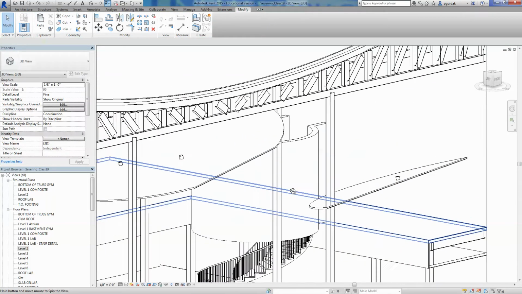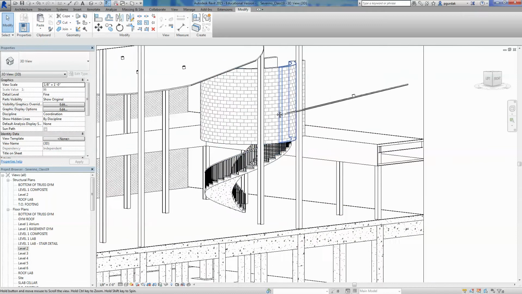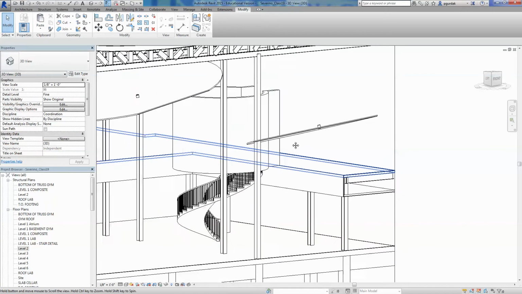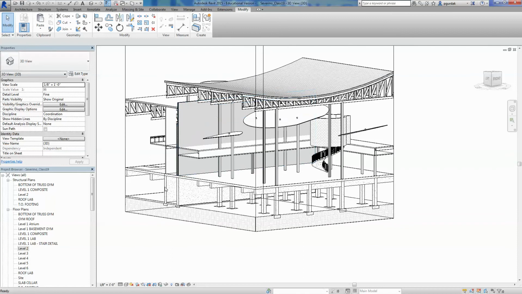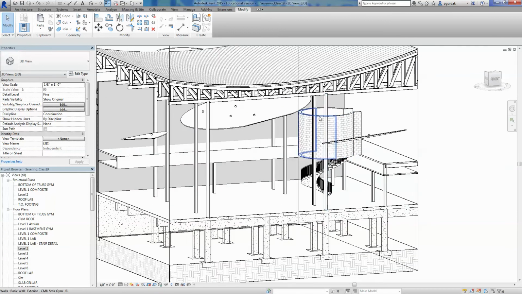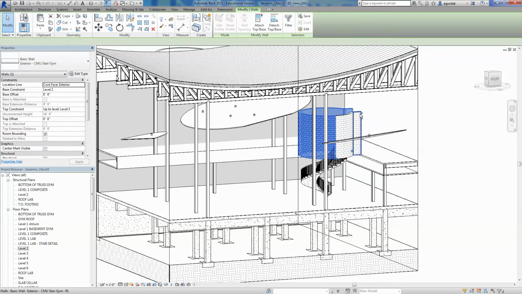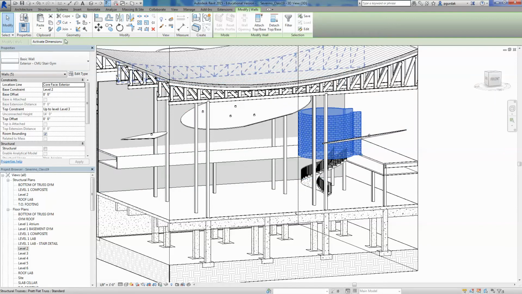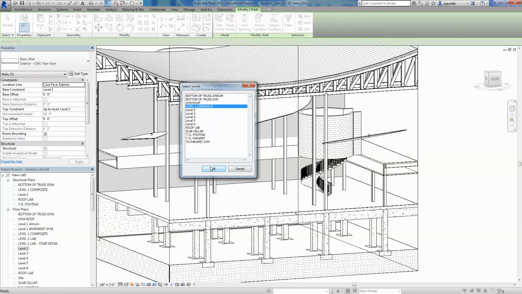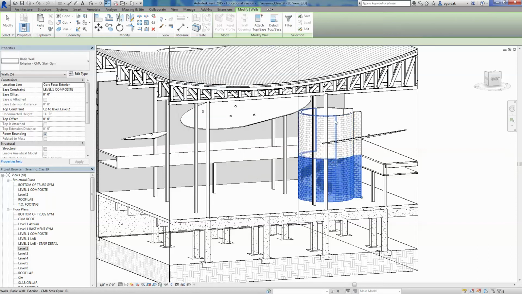Okay, so I copied the walls from the level 2, not the level 1, so I know that I can just select these walls and copy them down. So I could have selected all the walls in a better way from the 3D, or make sure that I selected all the walls, but I'm just going to copy that and paste it to level 1. It comes down, and